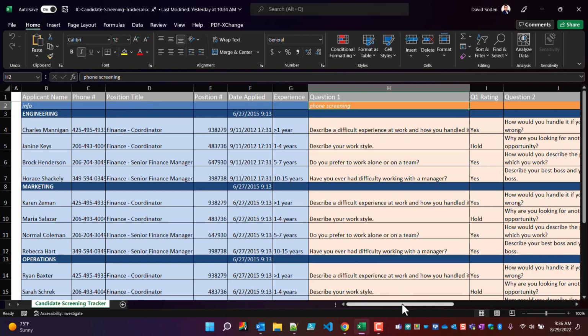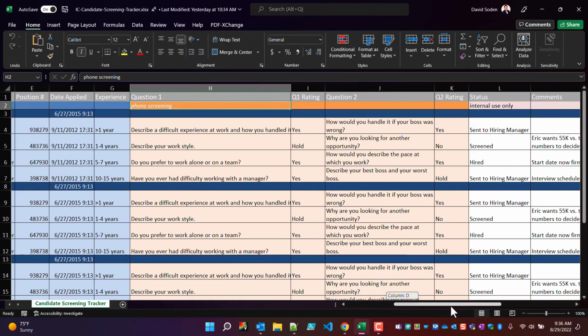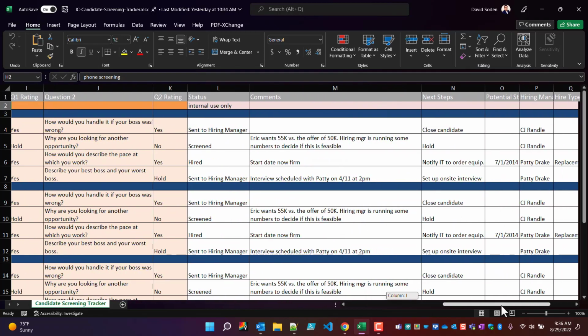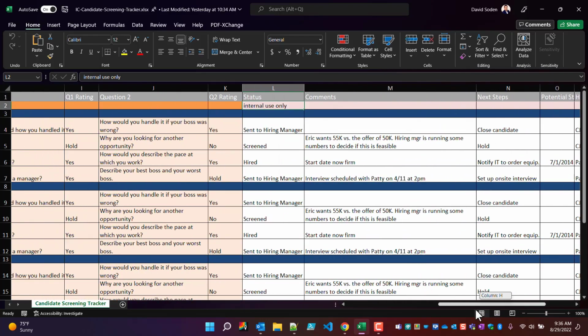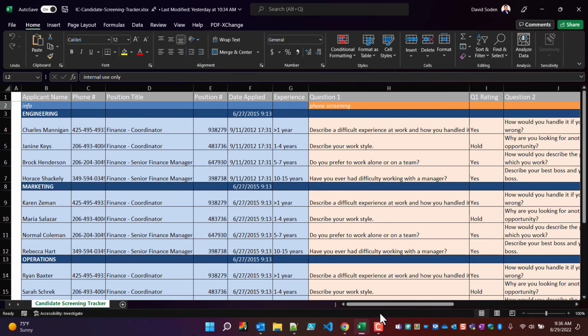And if we continue to scroll over, we notice that it changes again. Now this is in what's called internal only. Because of the way the thing is formatted, we're able to capture lots of different information at different parts of, or different steps of, the process. So we can see that we have some general information about a candidate and its columns as it relates to